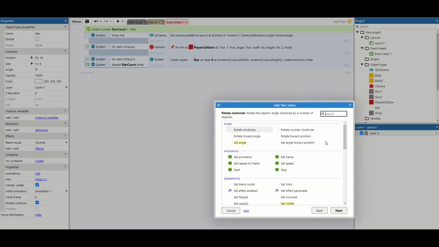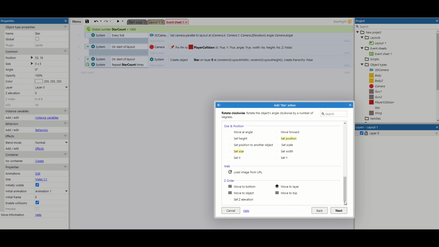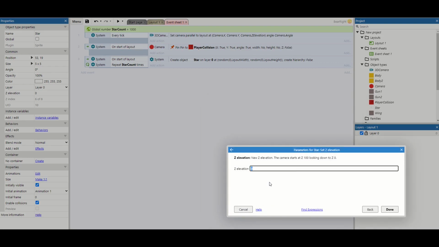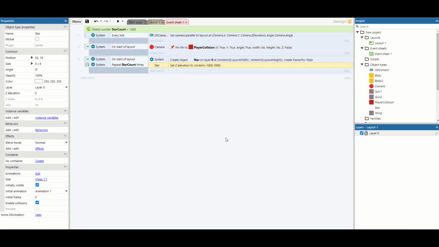So we're just going to go to star, scroll down, set Z elevation, and this again is just going to be a random number. This time though we might want to go below the starting position where the player is, because the player is going to start at 0. So I like to do minus 1,000, 1,000. This just gives us lots of room to play around with. So that's all set up, and